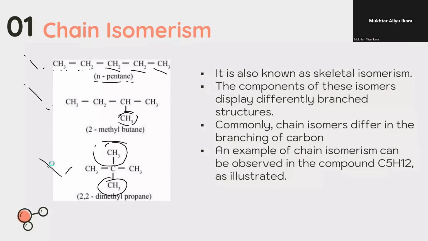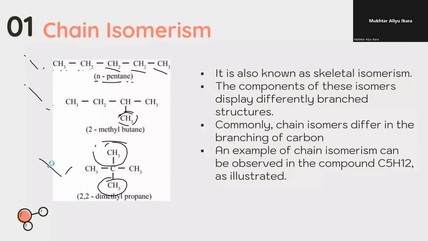So that is structural isomerism. They have the same number of carbon, the same number of hydrogen. So it means that the number of atoms are the same, but they are linked in different ways. They are arranged in different ways, and that is isomerism. So in the chain isomerism, it's all about the